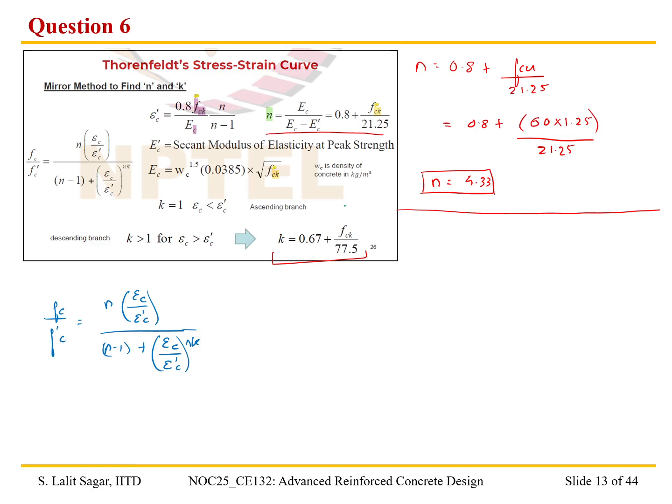We have the target mean strength, F prime CK, equal to FCK plus 1.65 times S, where S is the standard deviation. Now we have the value of F prime CK as 60 into 1.25, that is 75 basically, right? So 75 is equal to FCK plus 1.65 into, for the standard deviation, let us look at the IS code once